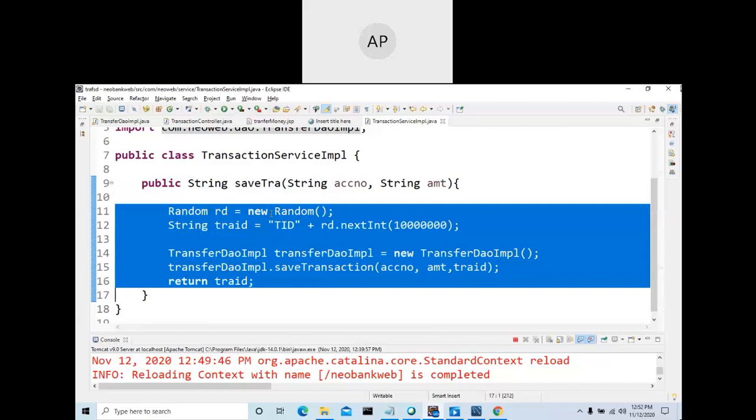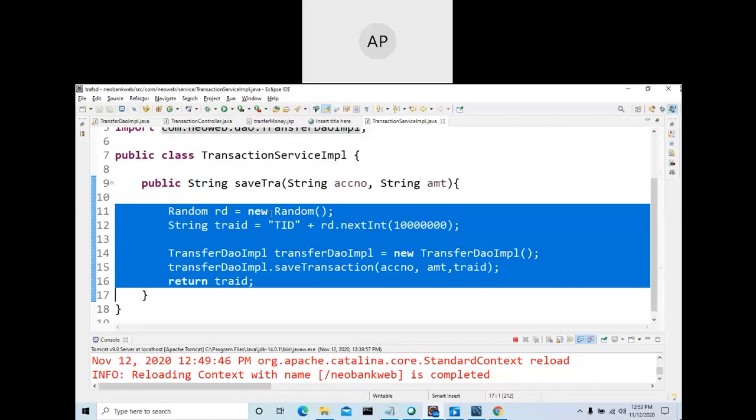Call the DAO class. The DAO class is going to contain only logic that is stored to the database. Before, you could write this logic and the storing-to-database logic in the same class, so it will work. You do not need to write a service layer or DAO layer. All the things can be written in the servlet method itself, right here.